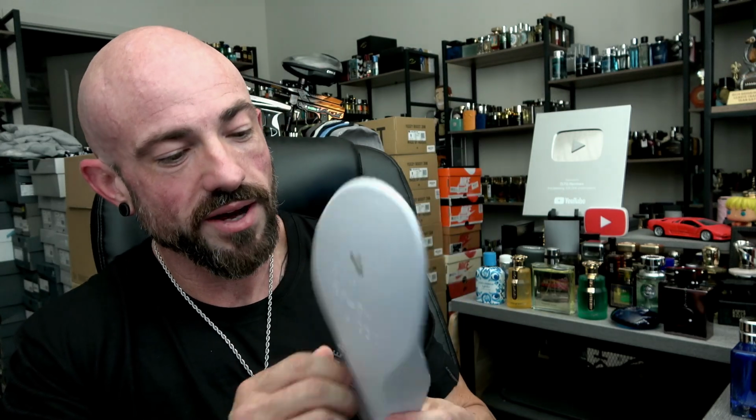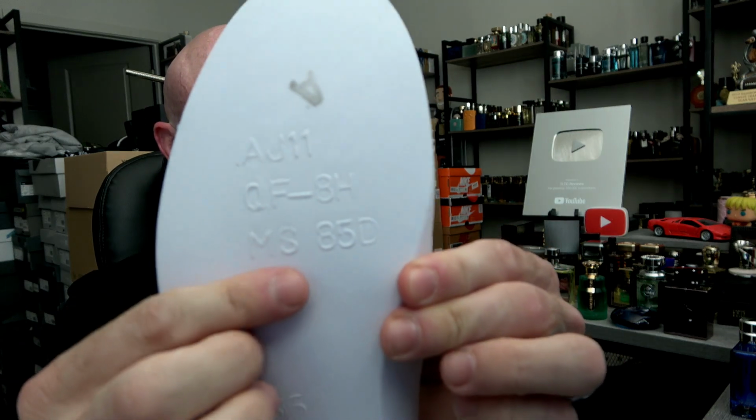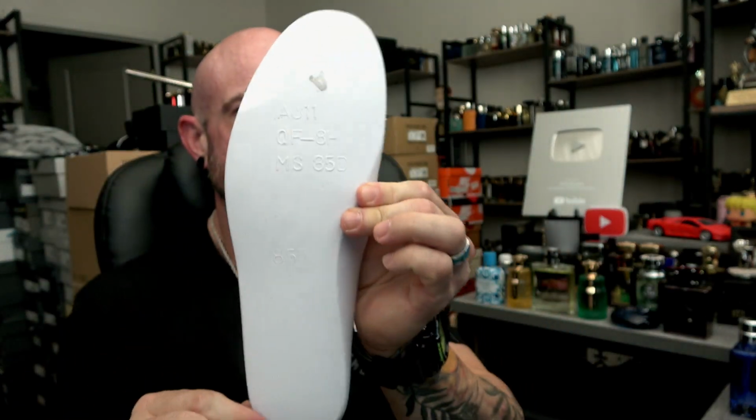We actually got polyurethane with an OG color. I'll be damned. And it's the actual 8.5. Not a cut down. It's an actual 8.5 sized polyurethane insole. I'm so proud of them. I thought for sure it was going to be Dream Cell. Again, you learn to set the bar lower with them. So when they give you something great, it's like, holy shit,